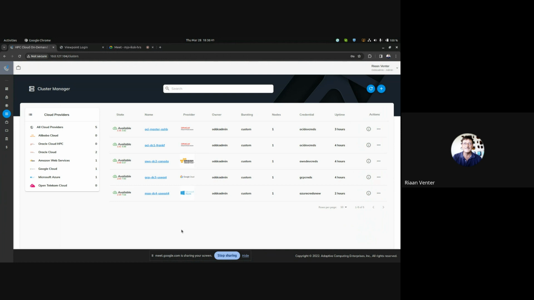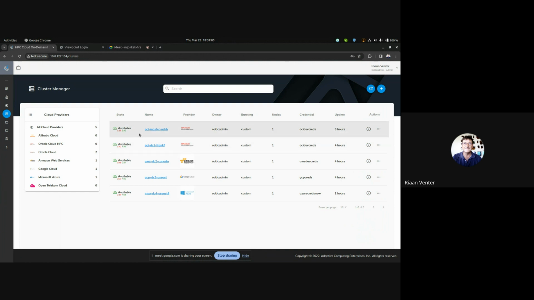Or you can let Moab, being intelligent, schedule it. First it will use on-premise, and then if I need more resources, it will burst into the cloud. Or I can tell it, you have to run where I want you to run. So that's absolutely available. Now, you'll notice that there are 5 clusters here, and the top 2 are with